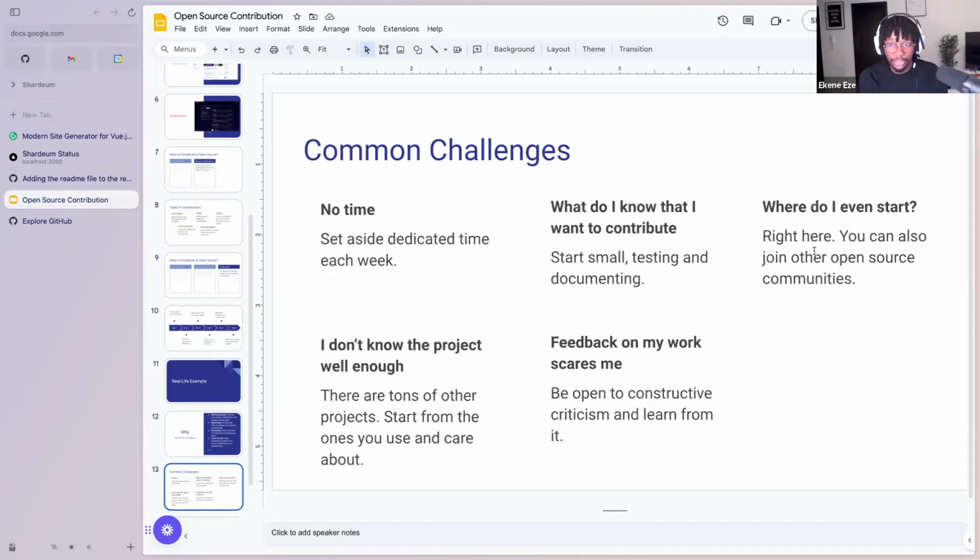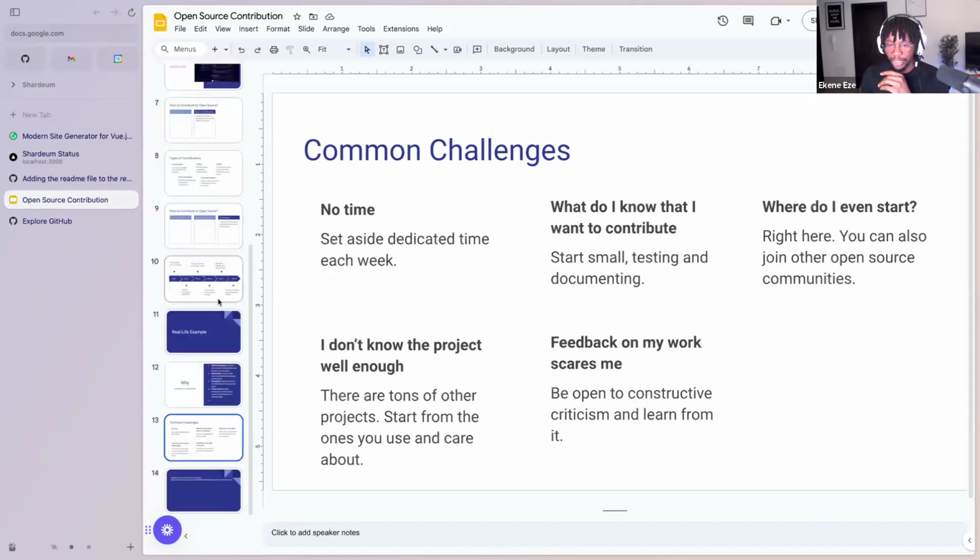When I say right here, I mean on this call. I'm going to show you some open source repositories and some open issues that you can start from. The good thing about this workshop is that now you have direct access to me and to other maintainers that you can ask questions. You can say, hey, how do I contribute to this project? What would be a good first thing for me to do? And then I'll point you to the right place, right? That's another thing I'm going to dive into a bit further down the line.